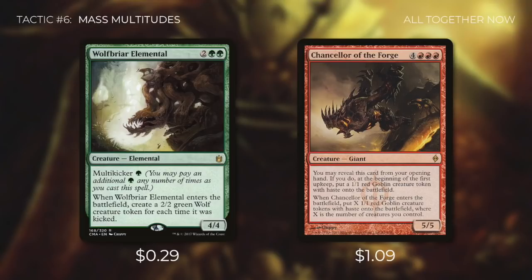Because when it enters the battlefield, we get to put X 1/1 red goblin creature tokens with haste onto the battlefield, where X is the number of creatures we control. And again, these creatures have haste, so we can swing with them right away to generate even more mana in that turn. And on top of all this, it has the nice added benefit that if we have it in our opening hand, we can reveal it, and then we get a 1/1 red goblin creature token at the beginning